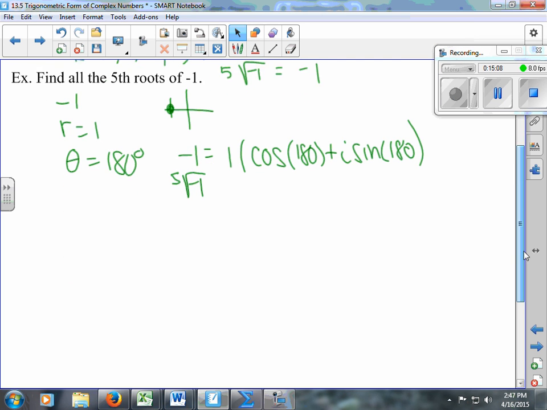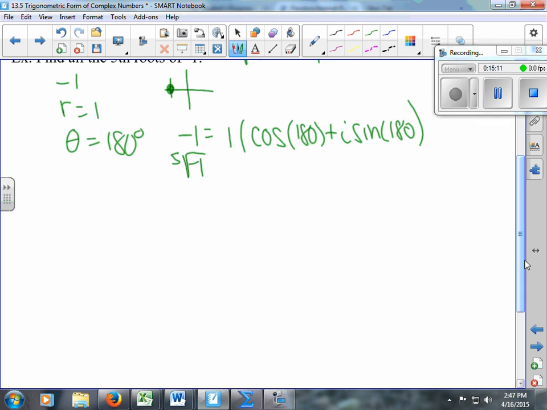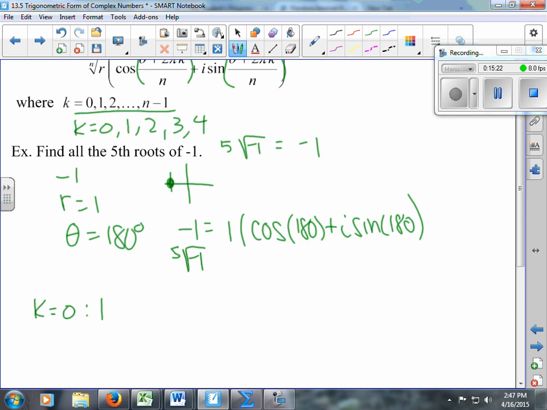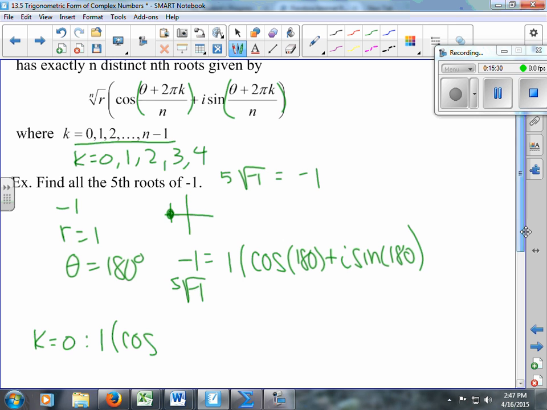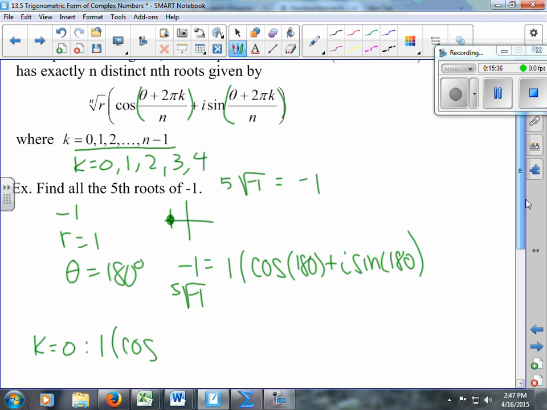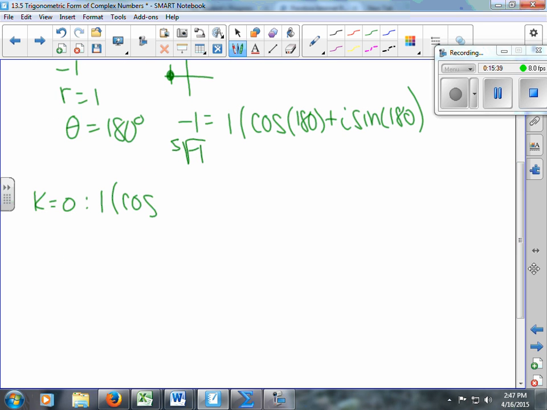Okay, and so as I do that, I'm going to get, well, the fifth root of 1 is just 1. So at k equals 0, and I'm going to try to use my definition here, I have 1 cosine of 180. And so in my first one, k is 0, so it's 180 over 1. Or no, yeah, 180 plus, I'm not going to add 360 over 1. So 180 plus,